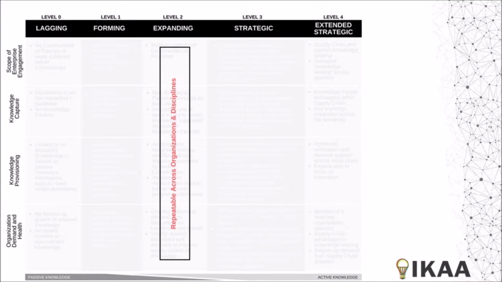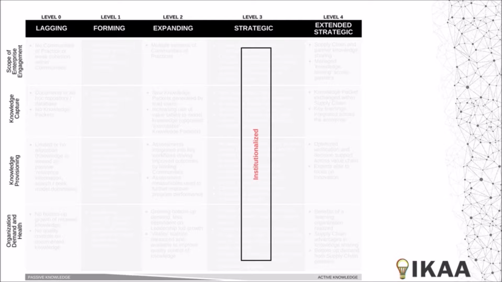Level 2 is titled Expanding. At this level, there's some process stability for provisioning knowledge, and to some extent, there's also processes that extend across disciplines and organizations. Some metrics related to the vitality and application of technical memory exist, helping to improve program performance. So the processes at this level are now becoming more standard and repeatable.